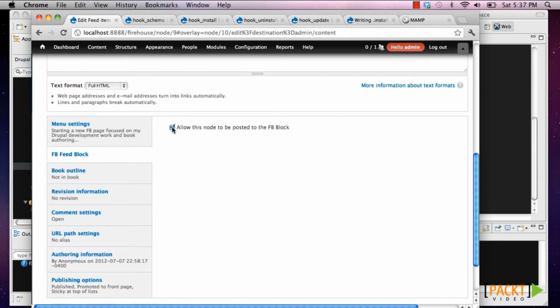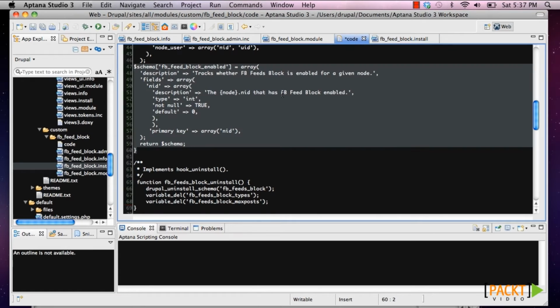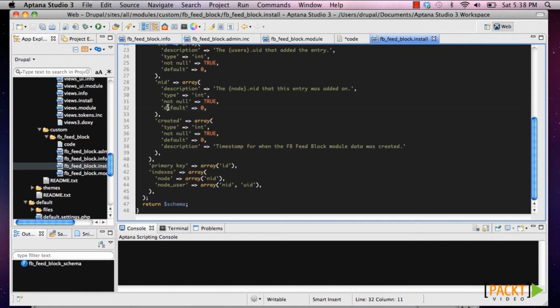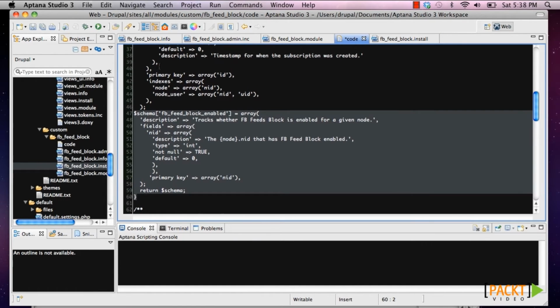Currently, that's not happening. Currently, this value is not being saved. So that's the next step. What we want to do is, I have some more code over here. I'm going to copy this and come back to our .install file, and notice that right under the primary key